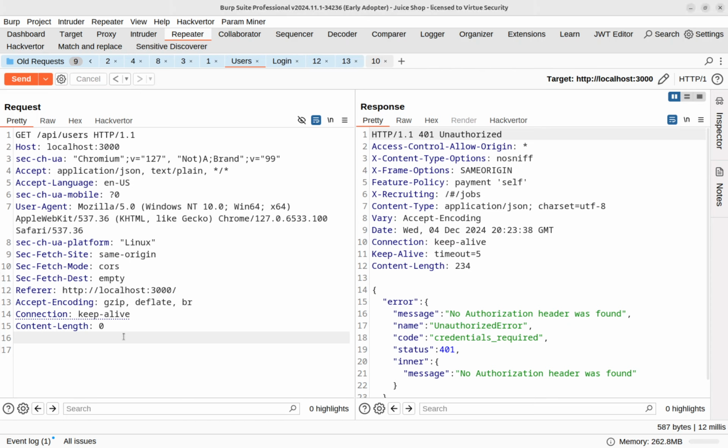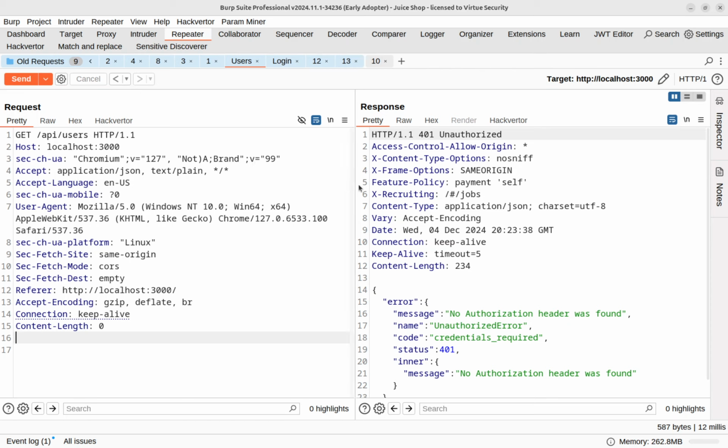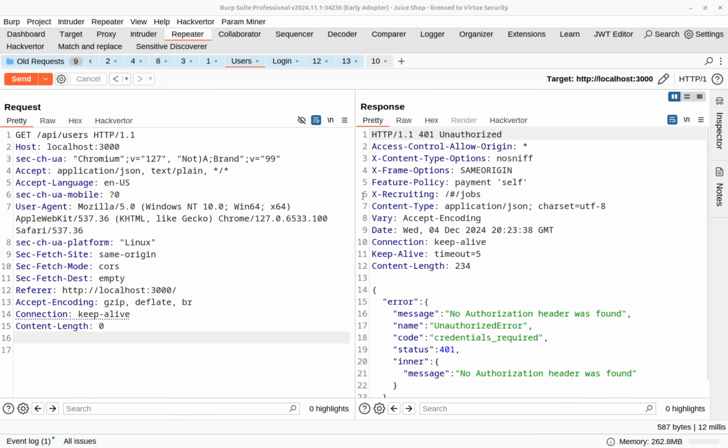All right. So let's go ahead and log in now. So our Burp extension is going to listen for... No, that's not what we're going to do. We're going to stay here in the user section, and we are going to actually turn on our extension. Now, when I hit send, it's going to automatically log in and update our authorization header and cookies, and